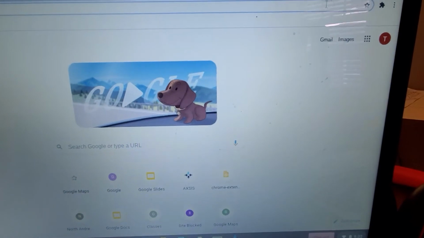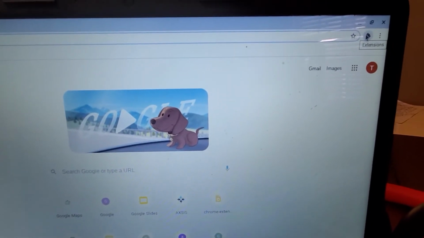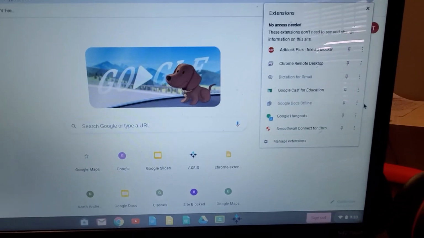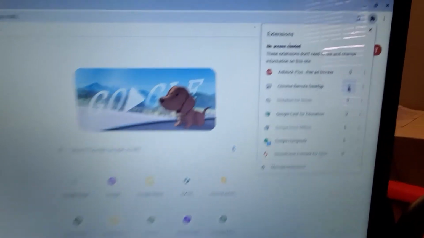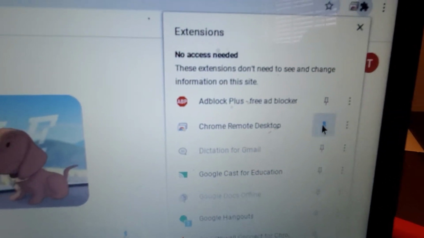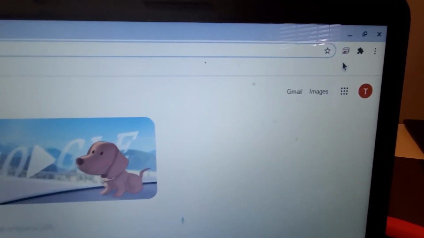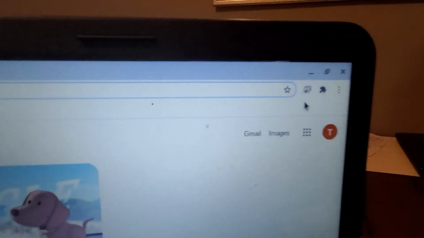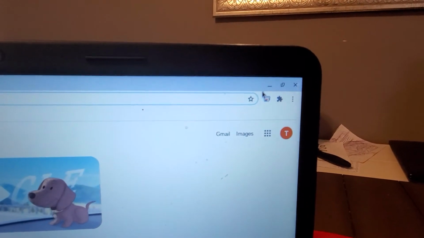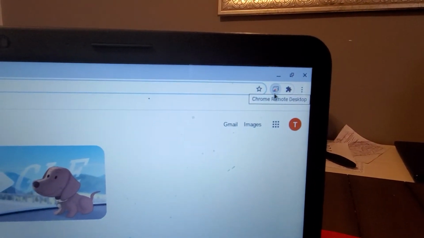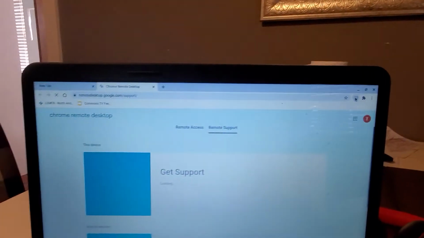So if you go up to your little puzzles, that's your extensions. You see that? If you click right there, you can go down. You're going to see a new one called Chrome Remote Desktop. I'm going to go ahead and click to pin it so that it shows up right here. You can do that or undo that with some of your extensions to make it so there's not 80,000 of them across your page. Okay, so I'm going to click Chrome Remote Desktop, which is going to take me to